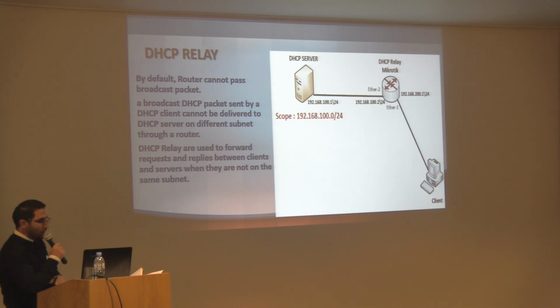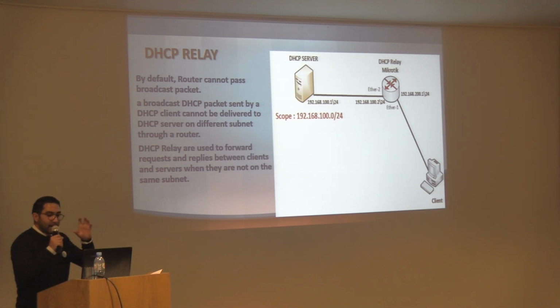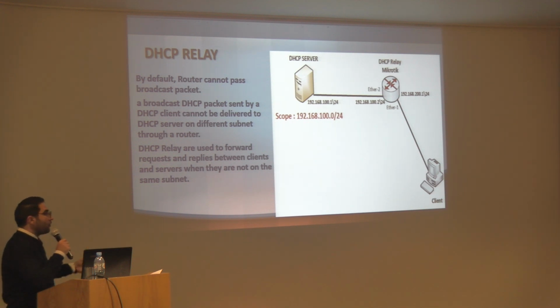At this part, I would like to talk about DHCP relay. When the DHCP server and DHCP client are in different networks and there is a router between them, when a DHCP client sends a discover message requesting network parameters, the DHCP server cannot receive the discover message from the DHCP client. Why? Because the type of discover is a broadcast and the router doesn't allow the broadcast, but don't worry about it. With DHCP relay,